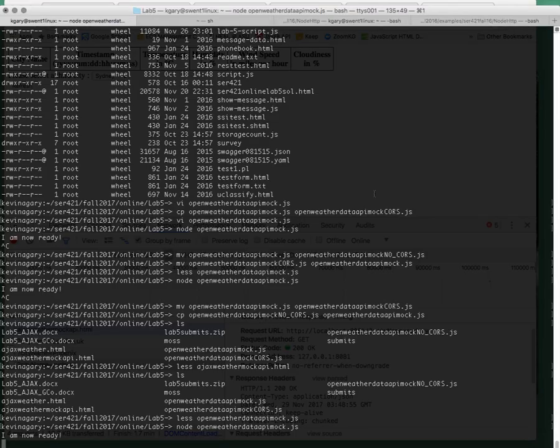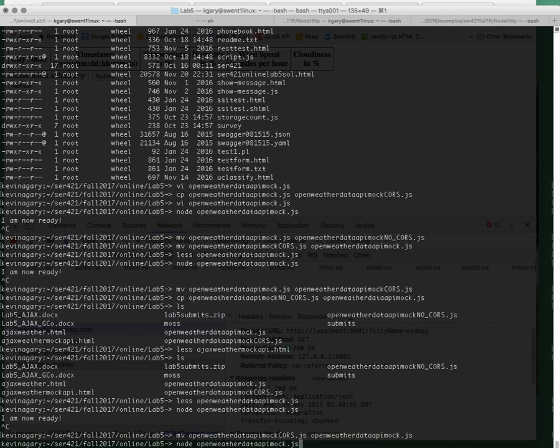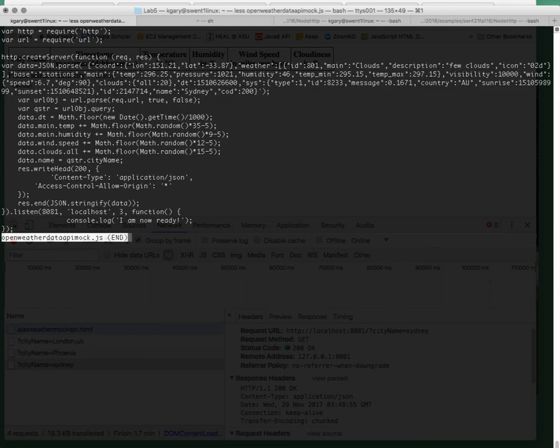So let's go back over here. I'm going to stop the server. I already have this in here, so I'm going to just move it into place so I didn't have to type it in. I'll show you what that looks like. It's just one line. I'm going to move that on top of my JavaScript file. Let's look now at what this code is. Right here in this line, I was showing you the header before. Now I've got a header. This is just doing a wildcard entry. I'm allowing anything. I could have specifically allowed only localhost 8081 if I wanted to. But now the server is going to respond with this extra header